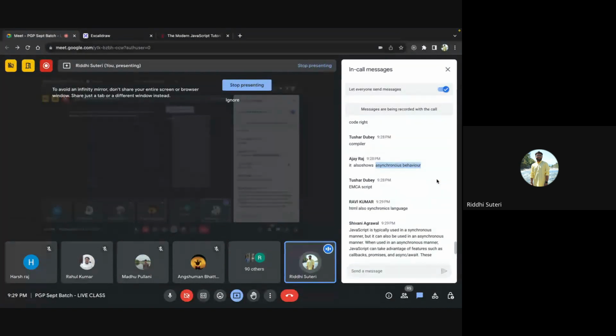Right now, we are not here to discuss it because it's totally different. In order to understand the asynchronous behavior of JavaScript, we have to learn some internal working of JavaScript, how it manages a separate queue to keep track of your asynchronous code and things like that. That will be done later on.